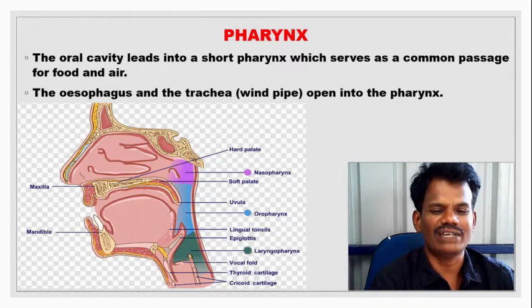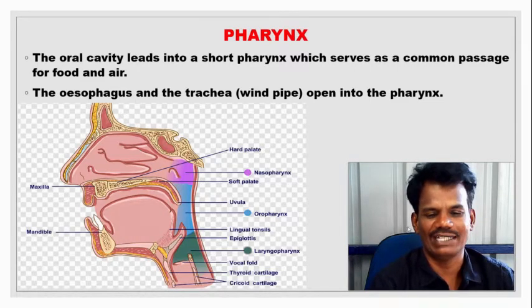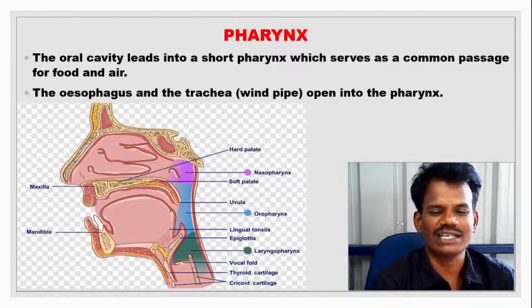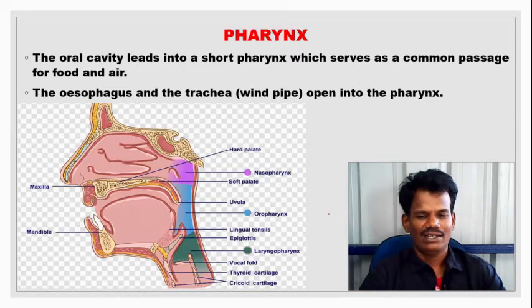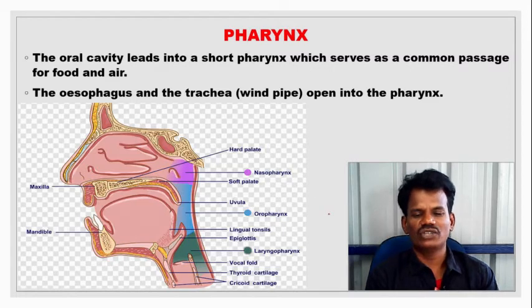The oral cavity opens into the pharynx. The pharynx is a common passage for both the digestive system as well as the respiratory system. And into the pharynx, three regions are opening. So their openings are called as,